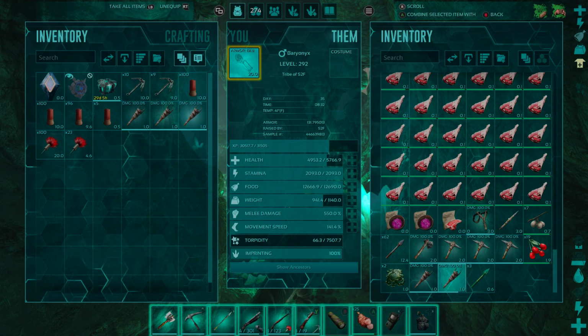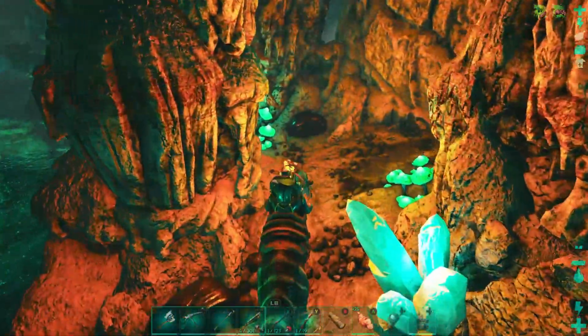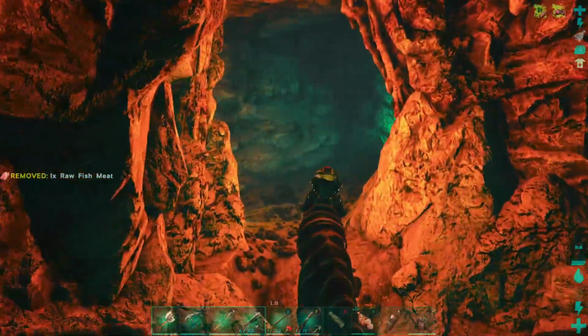Oh wait, the torch was just taken off. Why was the torch taken off? That's really weird. It wasn't broken or anything. Okay, anyways, I'm going to make my way out of this cave, but that is very simply the Artifact of